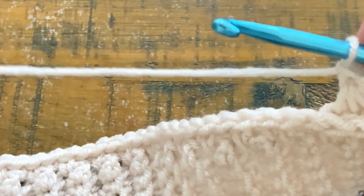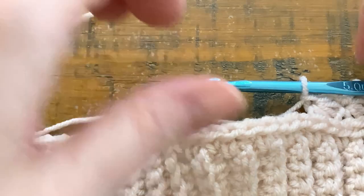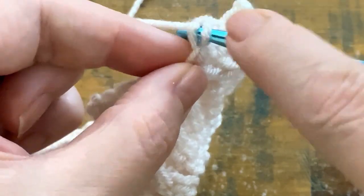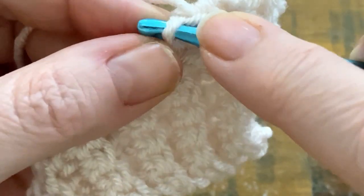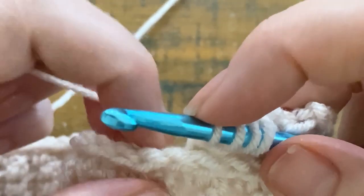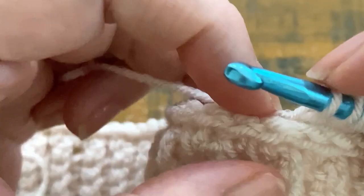So I'll show you again. I'll try not to go off camera so you can see quite clearly how to do this. So we always start into this little stitch here as your first one. So put your hook in there, pull up a loop, then you put your hook in the back of the next stitch, pull up a loop, put your hook into this one, pull up a loop, and then into the back loop, pull up a loop of the next stitch,